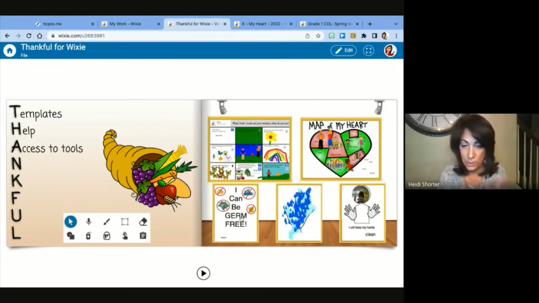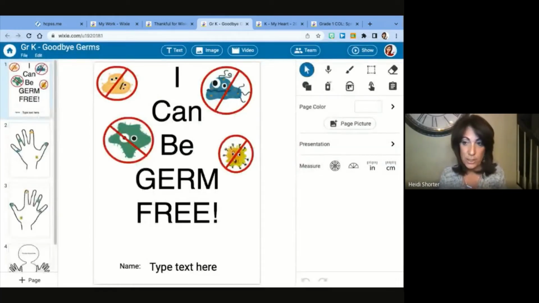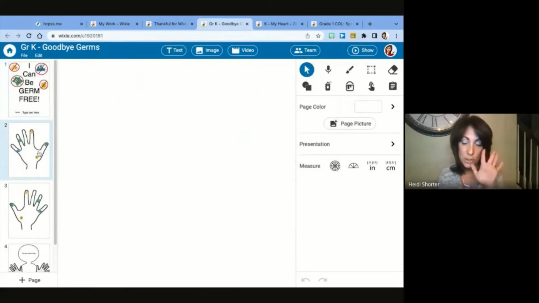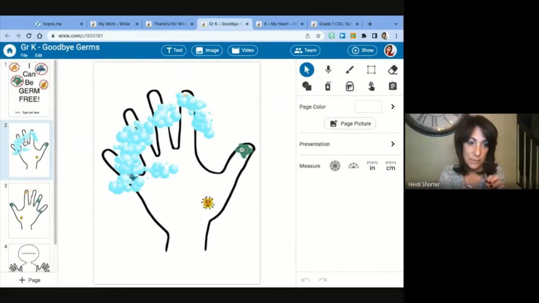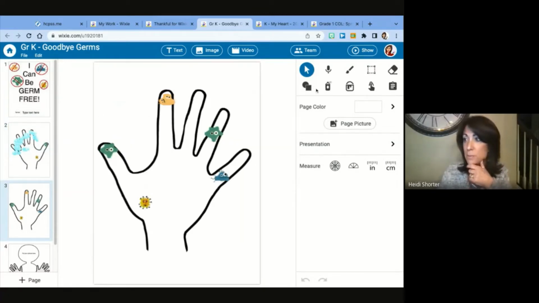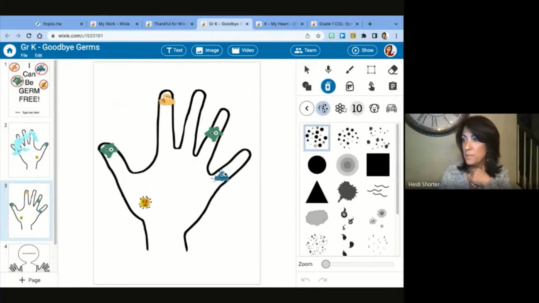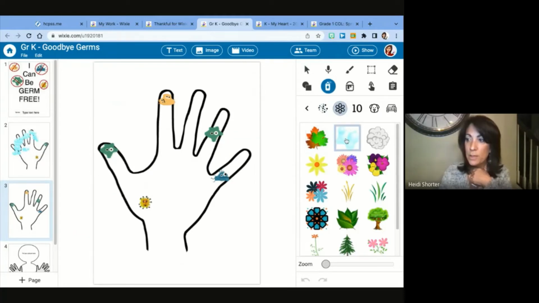And then this one, I love this one because we actually started this one, I think, before some of the shutdown and some of the germ sharing that was happening a couple years ago in school. But this is for young students to actually teach them the spray can tool. So we talk about ways that you can be germ-free. And then on page 2 and 3, we just took pictures of hands and we added little images of germs. Let me go down here to page 3 so you can see. So we had little images of germs, and then we show them how if you go to the spray can tool and we teach them the different categories, and I believe it's the flower category. Yep. So there is soap that they can spray on so that they can get rid of all their germs.